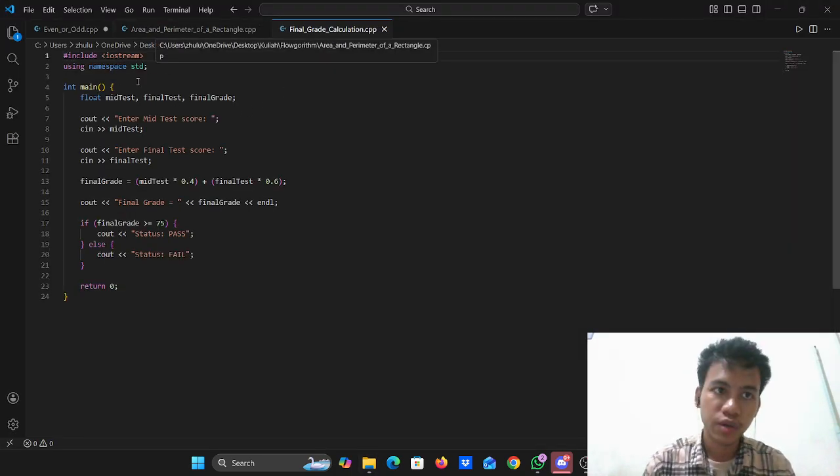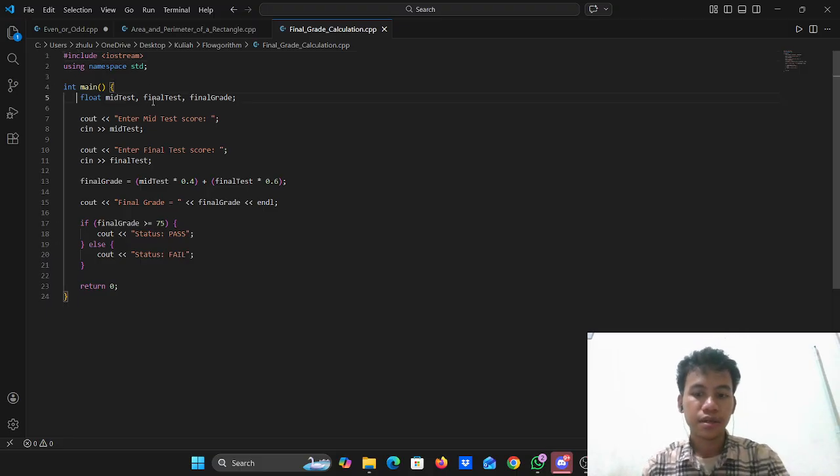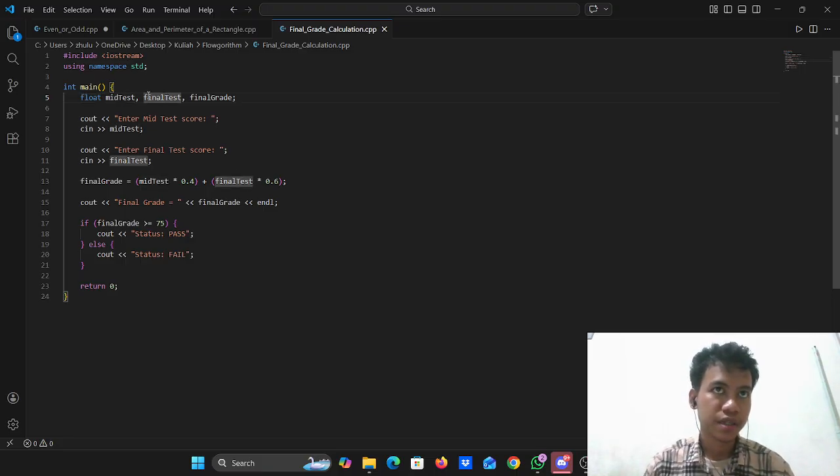And in case 3 we have final grade calculation, the same as the cases before. We include iostream, using namespace and int main. First we make the variable declaration like before, of type float, but we write mid test, final test, and final grade.